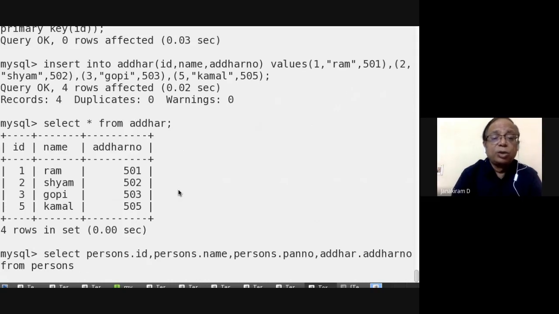Now you want to do a natural join, which means that if both things match, the IDs match, you want to join both these tables. So you do the inner join, okay. You say I want to do the inner join of both these tables on the condition that person's ID is equal to the Aadhaar ID. So if this matches, then on this condition,